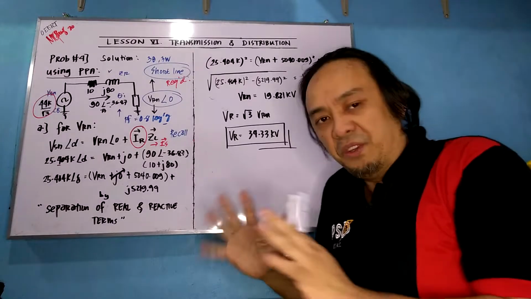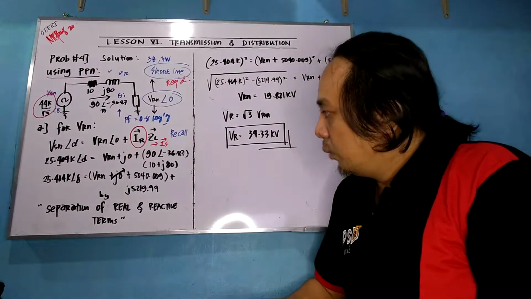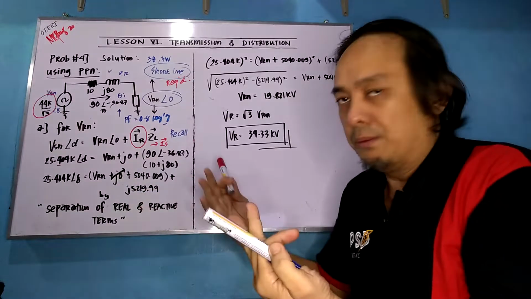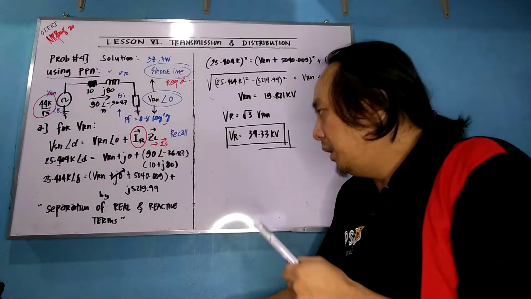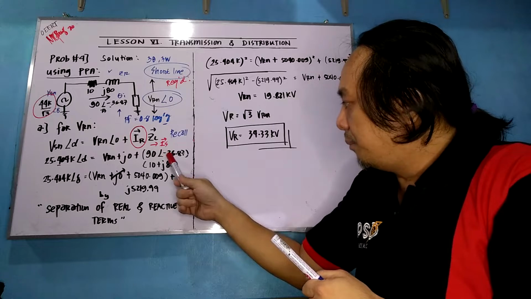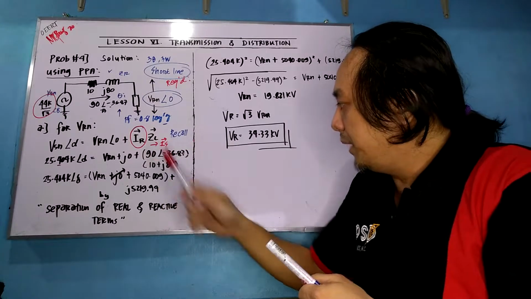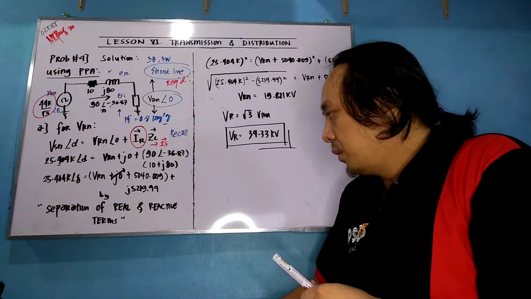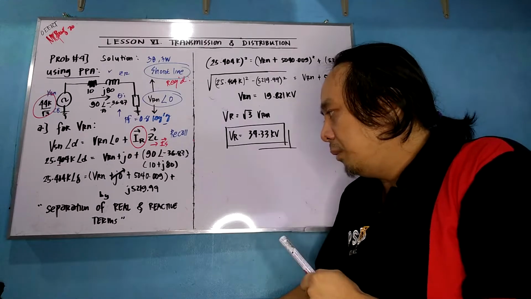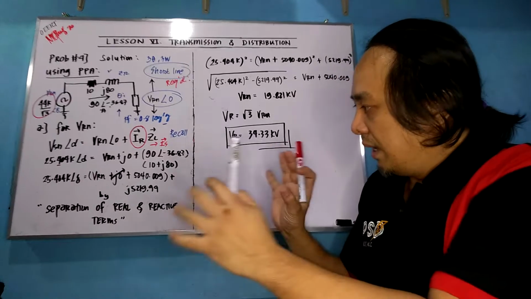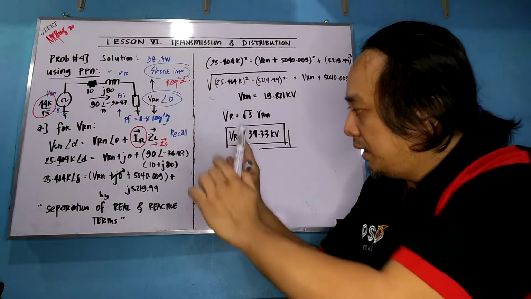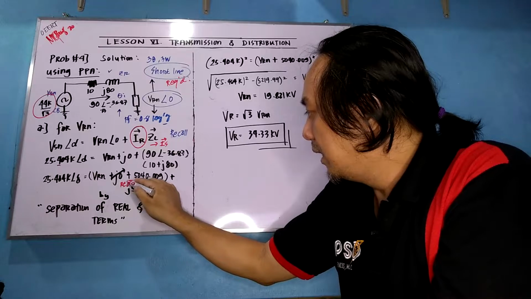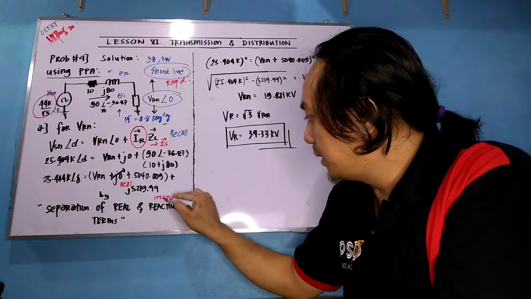So, a little bit of simplification. Okay, we have here VRN plus J0, but this J0 is 0, so we can already eliminate that. Then 90 at angle negative 36.87 multiplied by 10 plus J80, the answer is 5040.0009 plus J5219.99. So what I've done here is I just already included the real and the imaginary parts